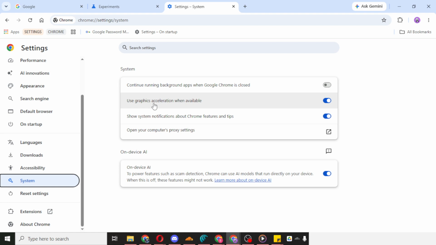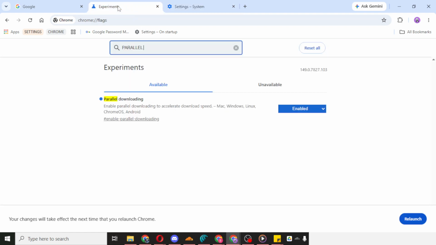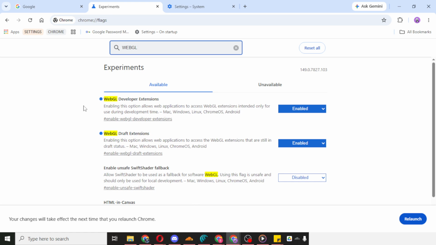After that, go to the Chrome address bar and enter chrome://flags. This opens Chrome's experimental features page. These are advanced settings, so be careful to change only the option mentioned here. In the search box on the Flags page, type WebGL. Look for the setting called WebGL Draft Extensions and change it to Enabled. Enabling this option can help improve compatibility in cases where certain WebGL features are being restricted or not recognized by the browser. Once that's done, relaunch Chrome again if prompted.